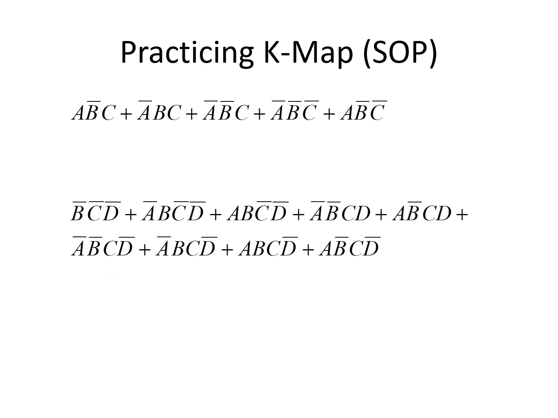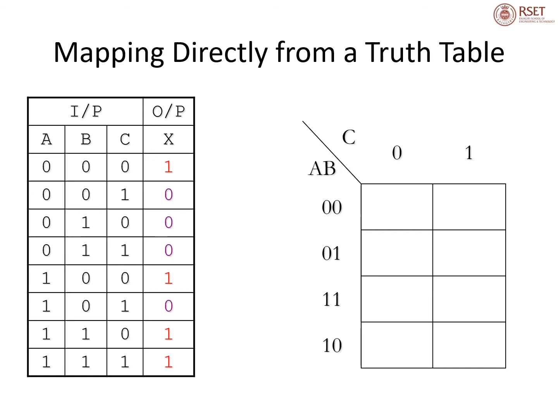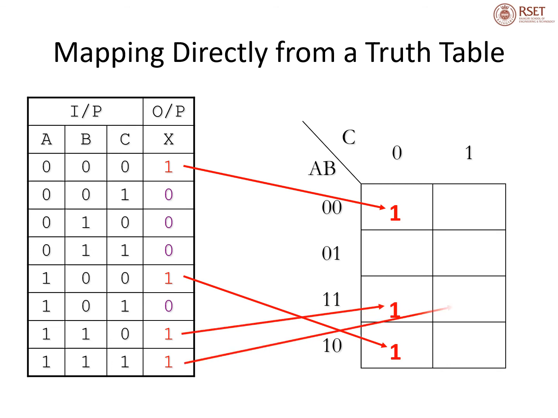So, these are the example questions which you can try out and you'll check your answers. So, after making the K-map, minimize it and get these expressions. This you can do as a practice example. Now, mapping directly from the truth table to the K-map. So, as you could see, these are ones occurring at 4 occasions, and those can be mapped to the K-map in this manner. So, 0, 0, 0, 1, 0, 0, 1, 1, 0 and all ones.